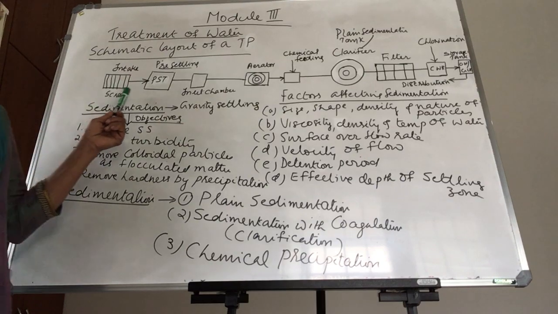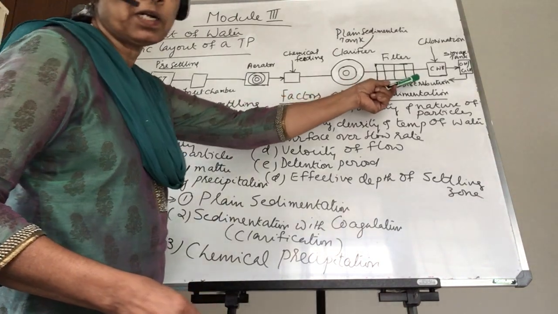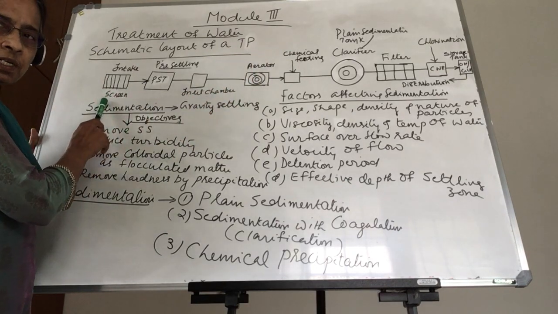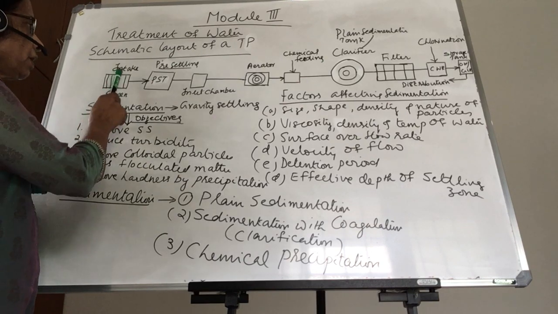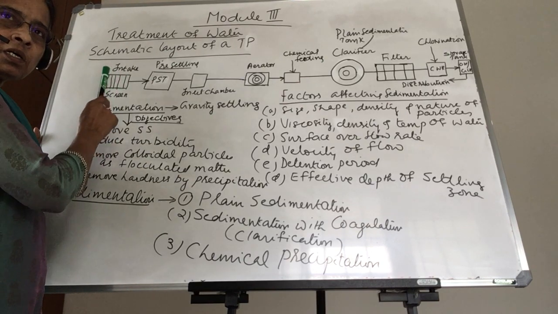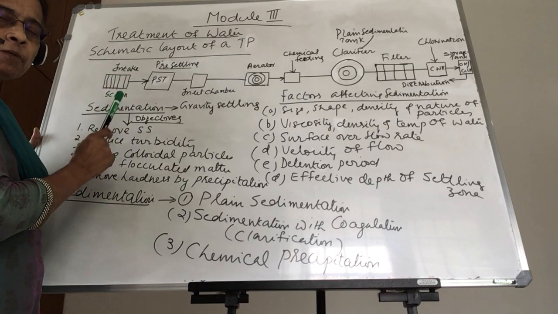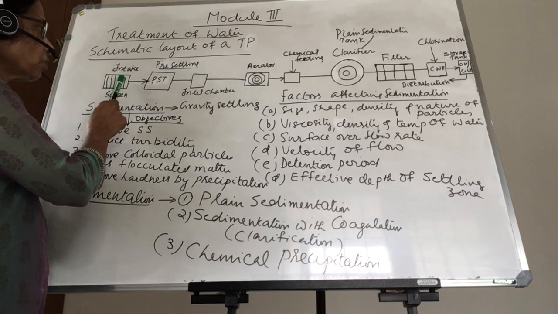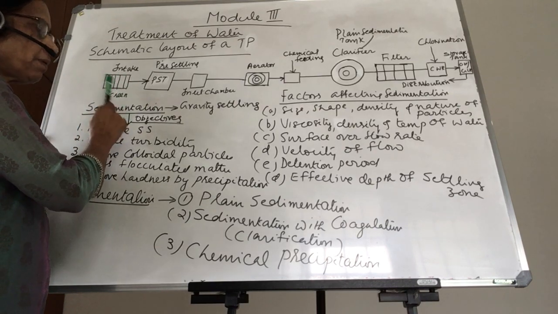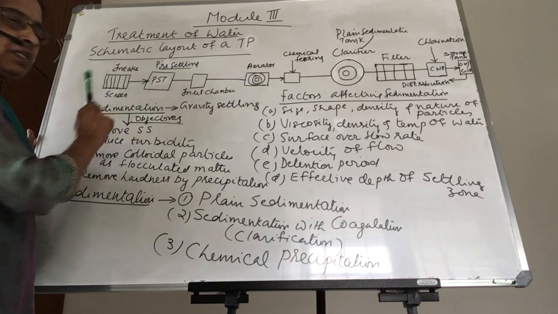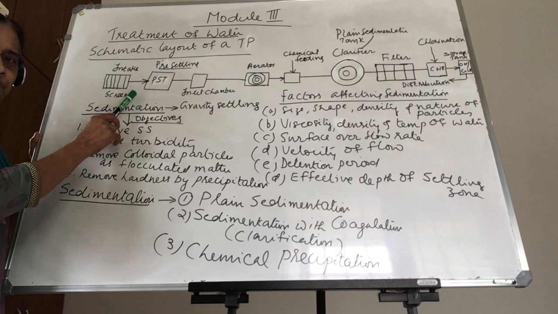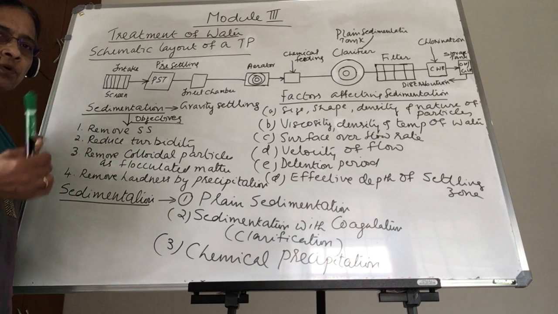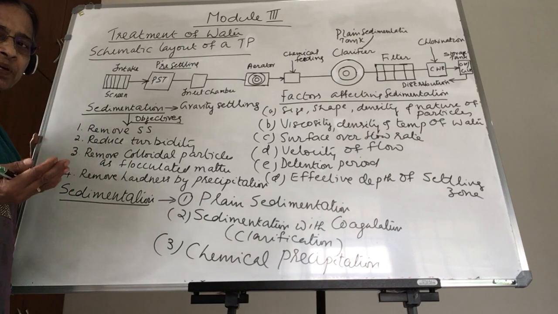And this is a typical layout of the conventional treatment plant. So here the first unit is written as the screen, or it is with the intake. We already learned how to draw the surface water. Whenever there is floating matter, you want to provide a screen, is it? So from the intake well, we are pumping the water to a pre-settling tank, PST. The pre-settling tank is nothing but a tank for settling the suspended particles.